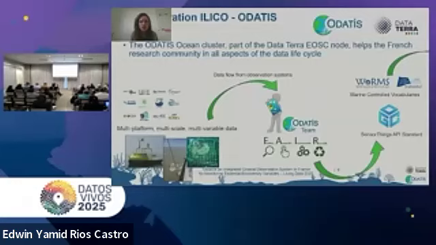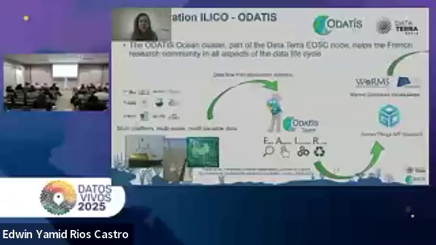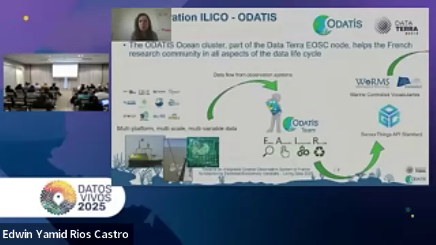The integration challenge was to integrate multi-platform, multi-variable, and multi-scale datasets in a single format and portal. First, the main goal was to improve FAIRness of every national observation service in order to create a data flow from observation services to a single database based on the SensorThings API standard in order to harmonize all this data. We use common vocabularies such as WoRMS and SeaDataNet, and group datasets by EBV for thematic exploration.